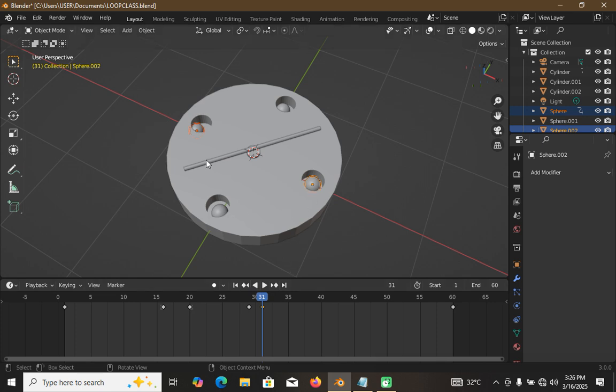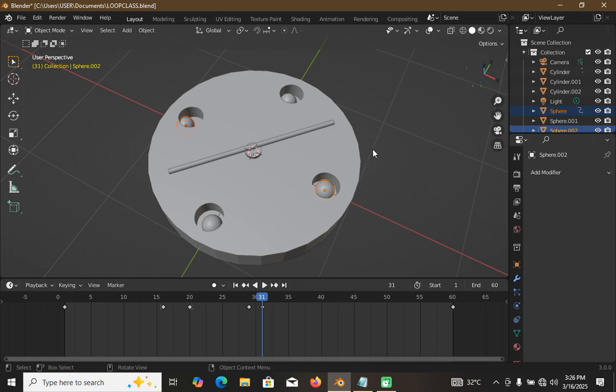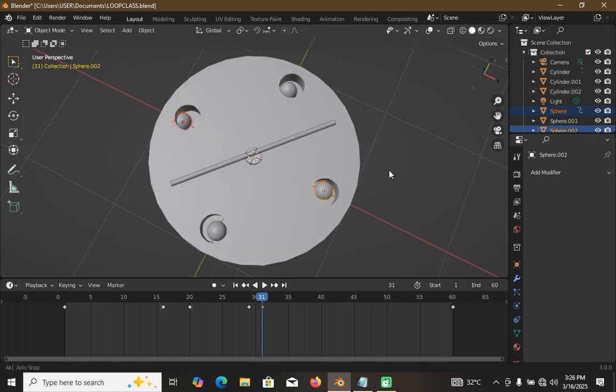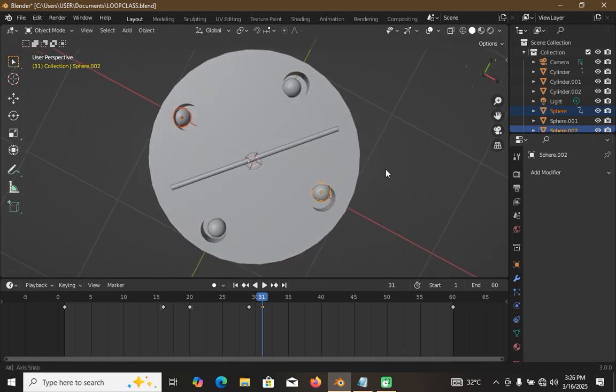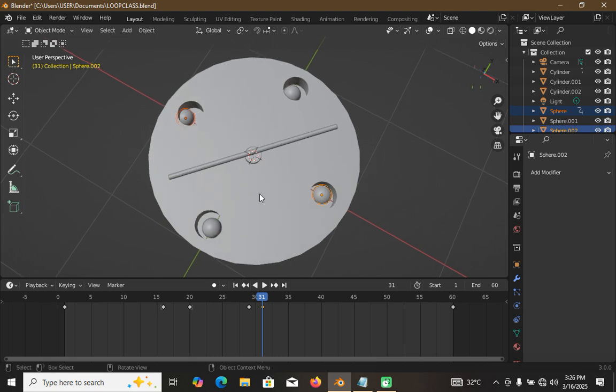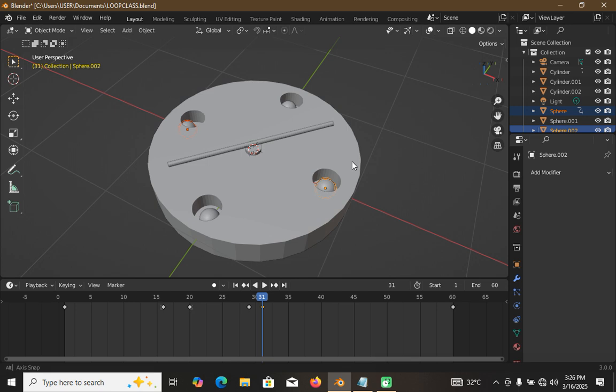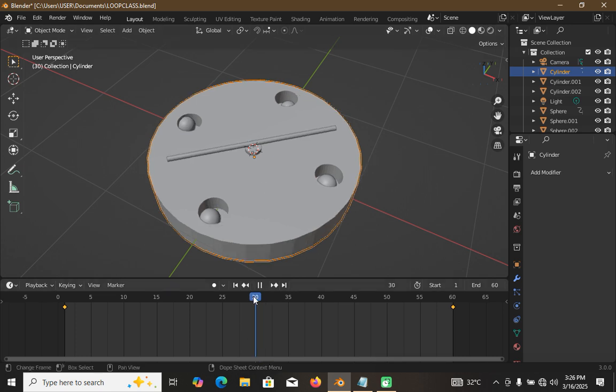But if you think that it is eating, I'll zoom in a bit now, so then I'll try to check it. If you think that the balls are eating the edges of the base, what you can do now is to select the base. So click on the base. That's the base that we have now. You can select the base. Then you can select keyframe, maybe keyframe 30 or 31, either 30 or 31. Select it, and